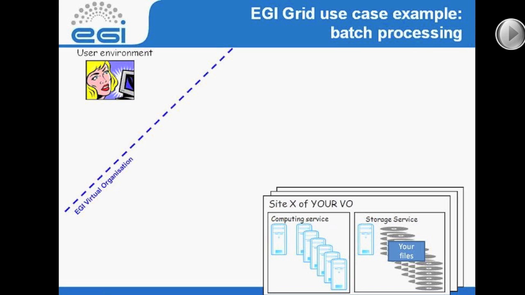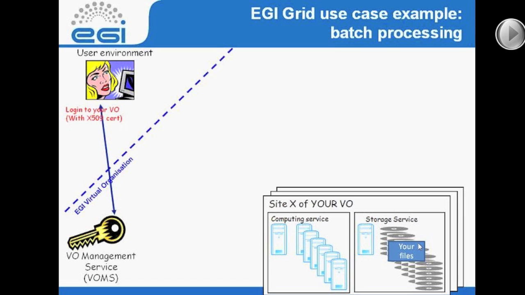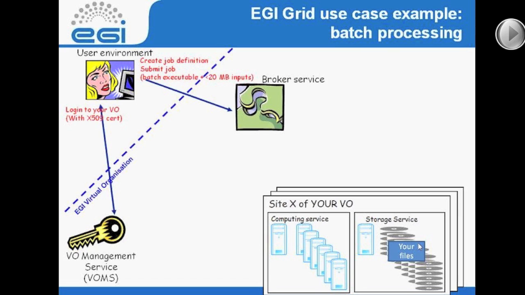And possibly on the storage service, there are some files that the user wants to process. These files could be placed onto the storage by the same user or by other members of the same virtual organization. So as the first step, the user goes to a user environment, which can be a command line or a portal-based environment, and authenticates herself, basically logging into the grid using a virtual organization management service, identifying herself so the grid will know that she actually belongs to that virtual organization and can access the data and the computing resources of the